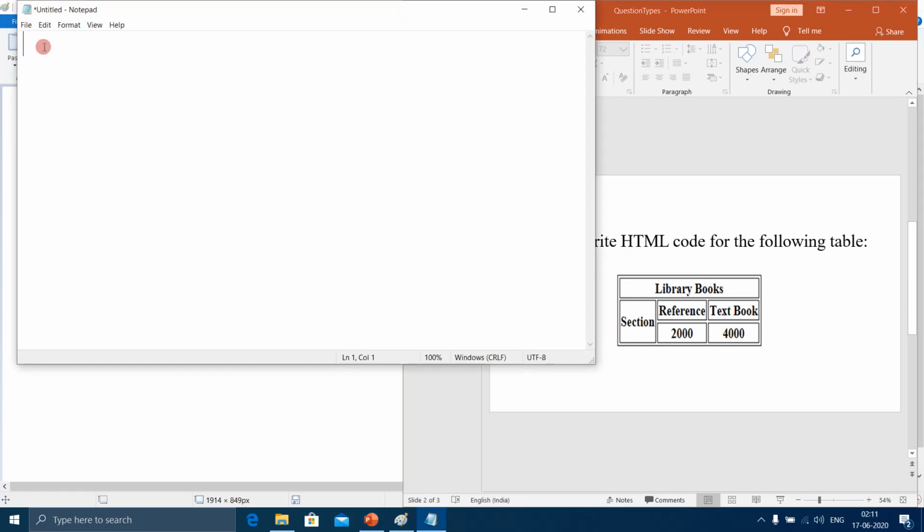So HTML, if I don't specify the head tag, then also it's fine because nowhere in the output is the title of the table specified. So if we don't use the head tag, then also it's fine. We can directly use the body tag. After the body tag, we have to use the table tag. So table tag. Within the table tag, I'll have to specify the border attribute, so that